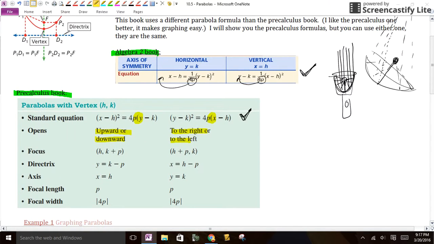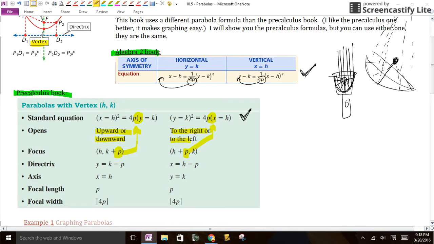Here are some things you might want to write down. When you have the equation of a parabola, h and k is going to be your vertex. We all know what a vertex is. That's where the parabola starts. The focus then will be p units away. Notice it's p units away either in the y direction or p units in the x direction. So that, again, is super helpful because it's right next to each other. And then there's this thing called the focal width, and there's also your axis of symmetry and your directrix,